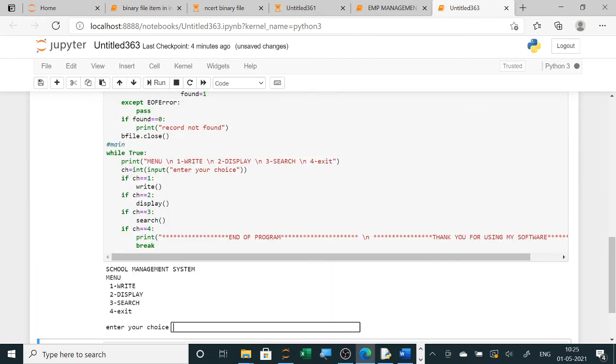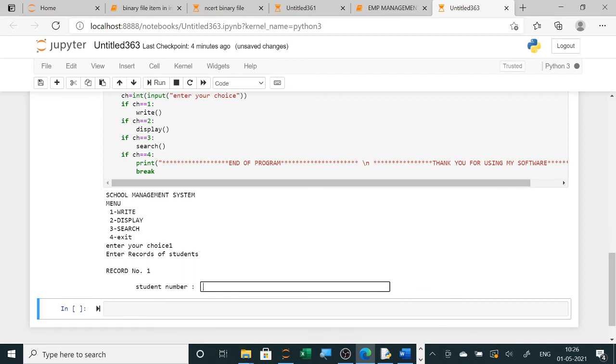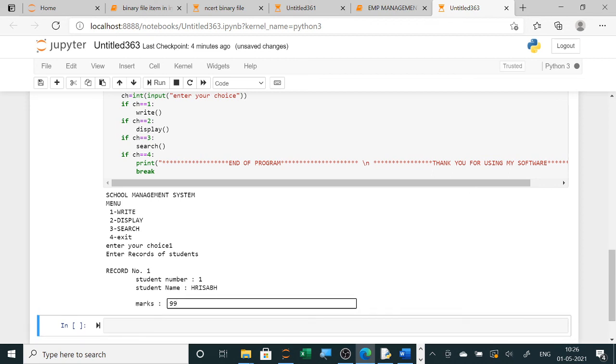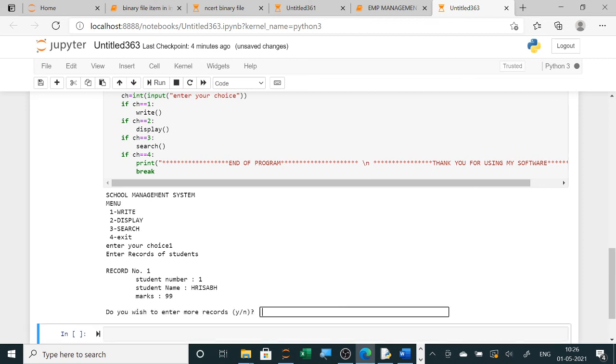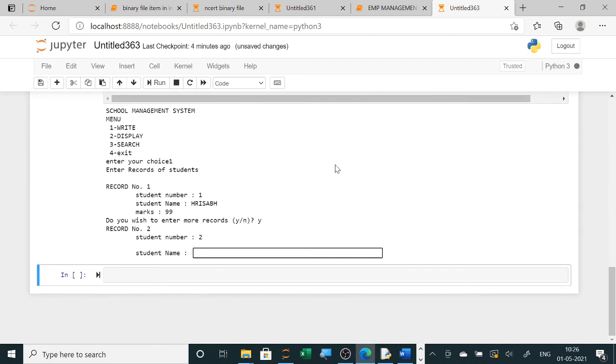When you run this file, school management system, now it is a new file, so enter your choice. I want to write in my file, so enter student record. Now student record, roll number 1, student name I have to write here, so I am writing the student name, and then student marks I have to enter. Now if you want to enter more records, you will write yes, and student number 2, and then the next record